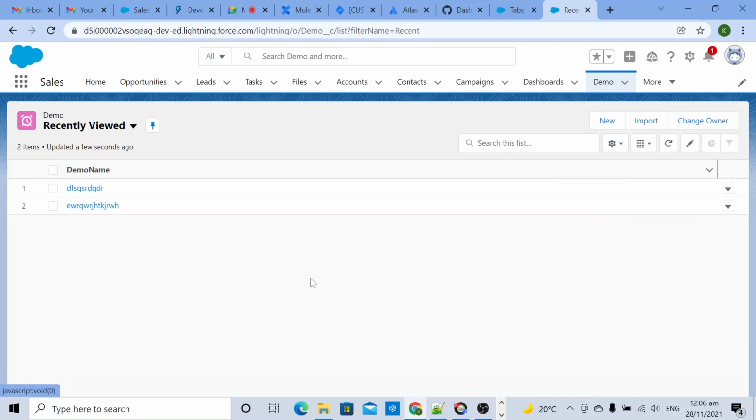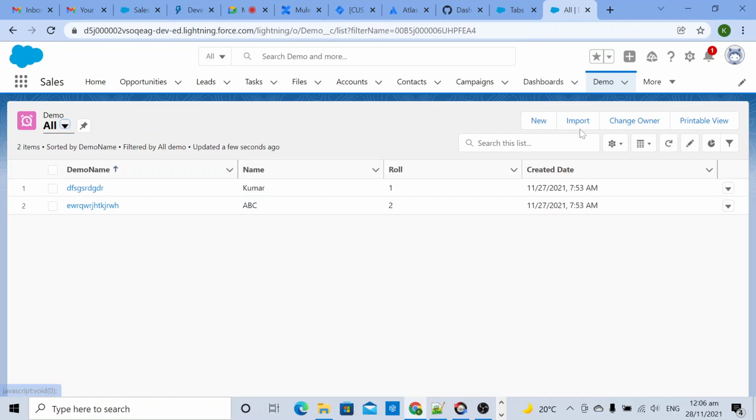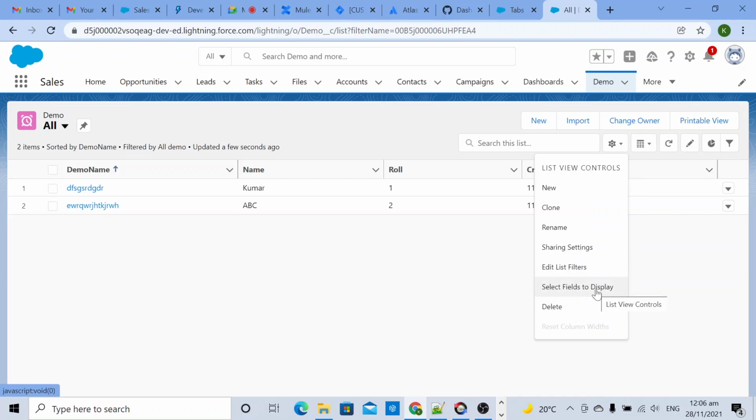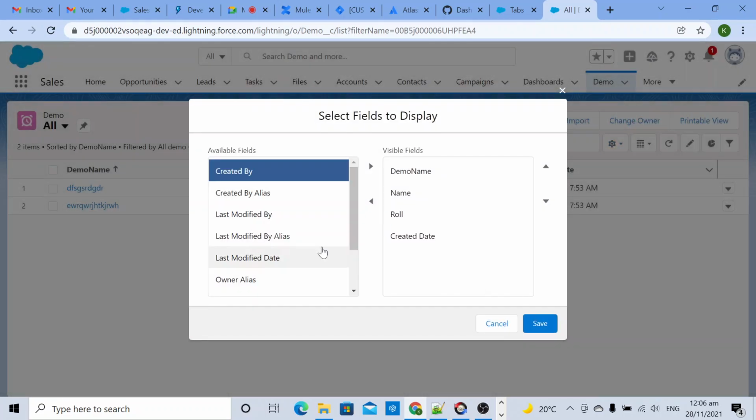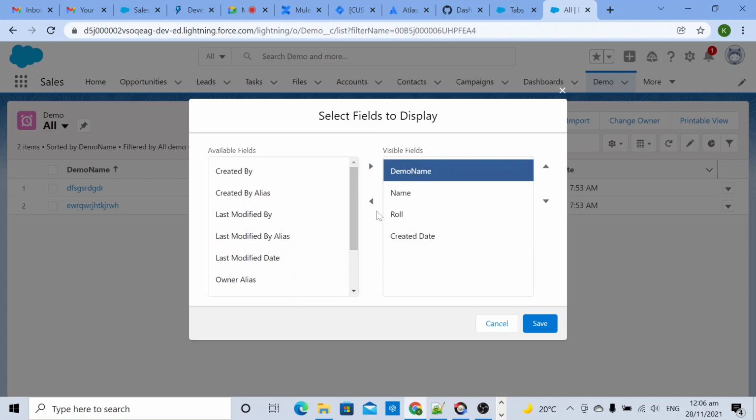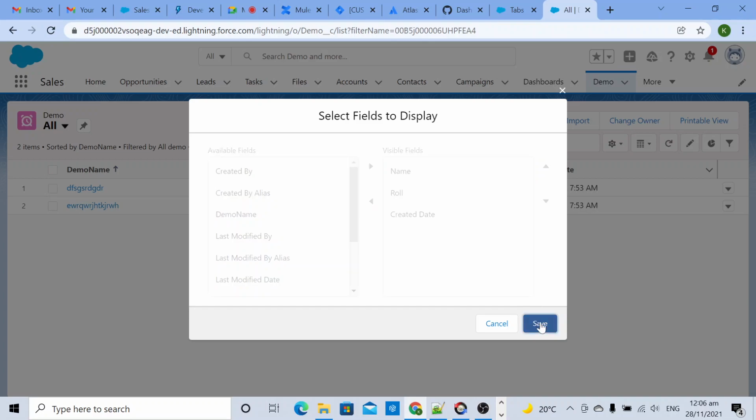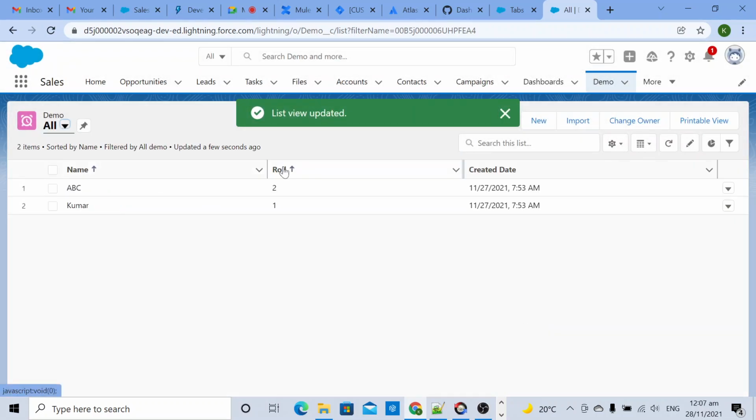So select all, and then click on Select Fields to Display. Here you can select which fields you want to display. You can add or you can remove. For example, I don't want this demo name, just remove this and click on Save. So name, role, and created date. Demo name is removed from here.